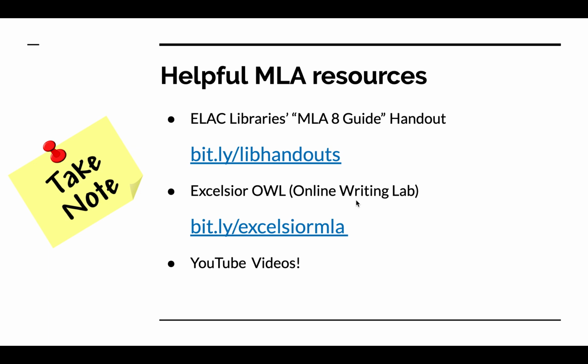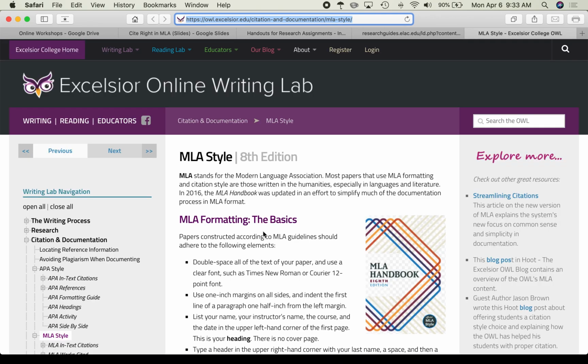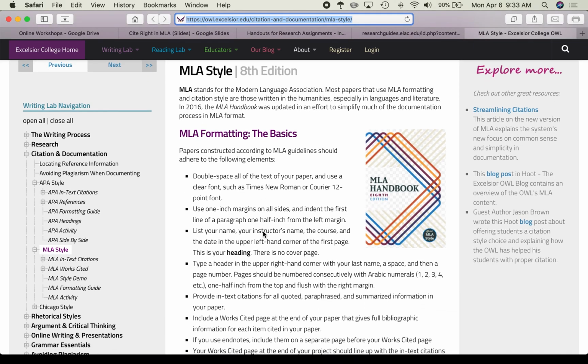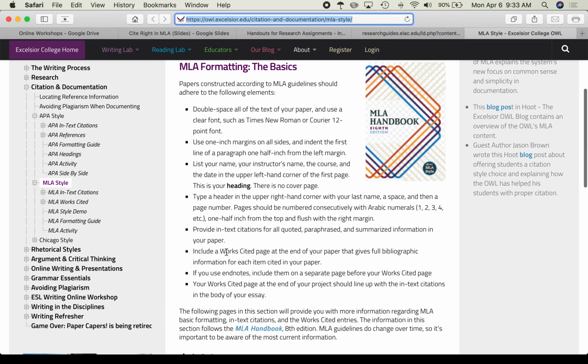The next resource that I'd like to share with you is the Excelsior Online Writing Lab. The link to that is bit.ly/ExcelsierMLA. This is a great website created by Excelsior College that gives you a ton of information on how to cite in MLA style. Notice off to the left, you can jump around in their menu. For example, if you need help citing your in-text citations,